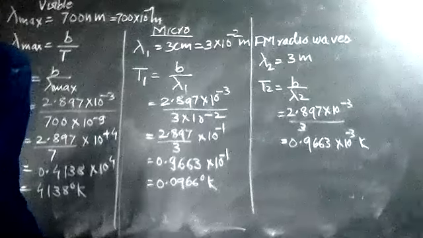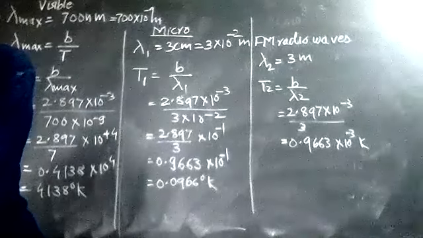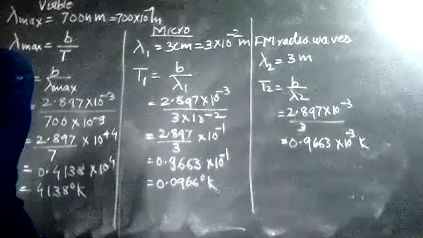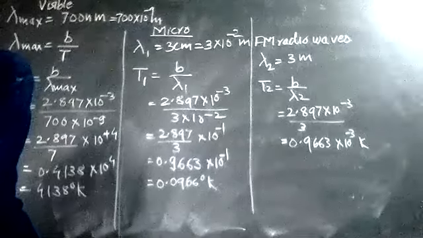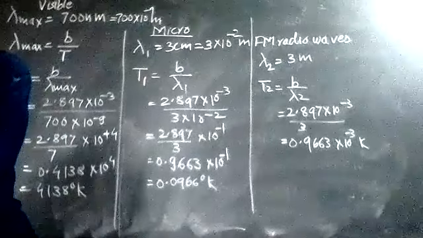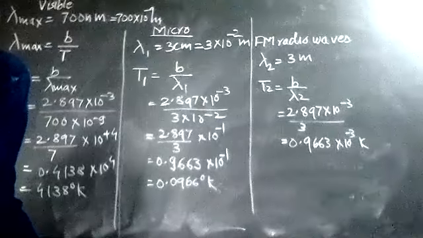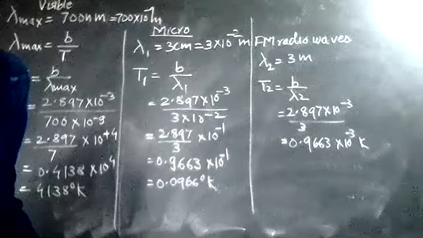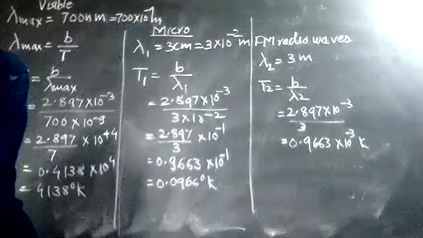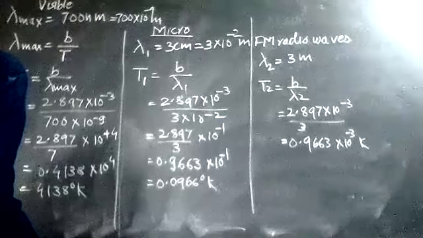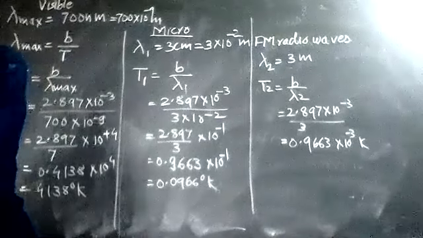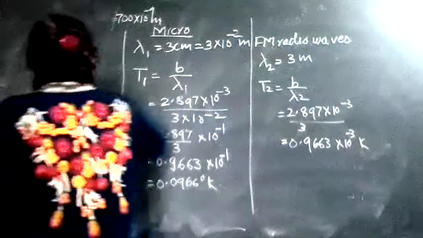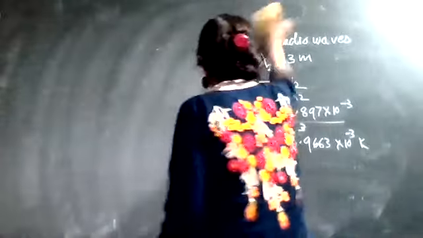Now see the problem number 23. Earth's mean temperature can be assumed to be 280 Kelvin. How will the curve of black body radiation look like for this temperature? Find out lambda max. In which part of the electromagnetic radiation does this lie? So that you have to find out. You have given temperature, you have to find out the lambda max. So to find lambda max, again your Wien's displacement law. So we write this Wien's displacement law.